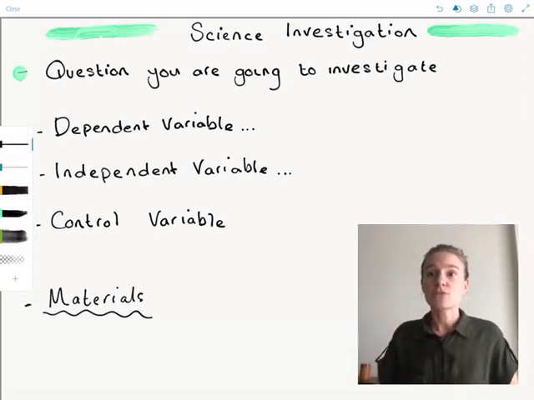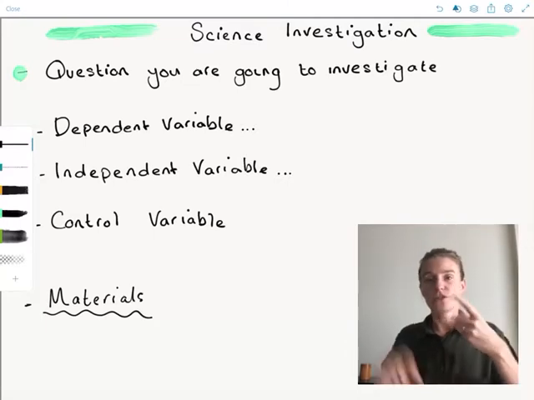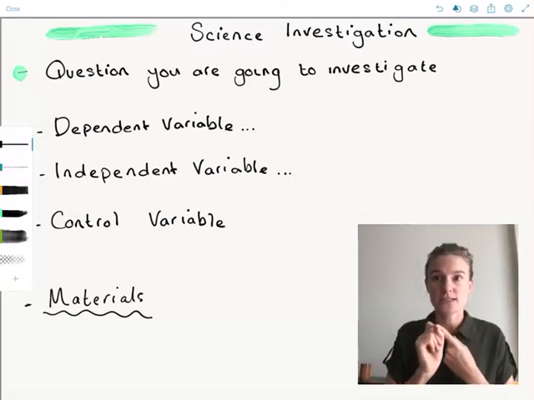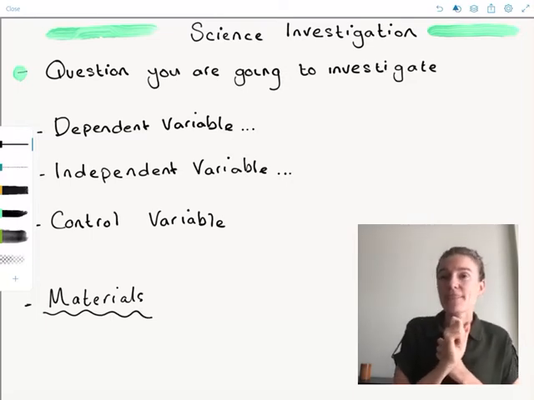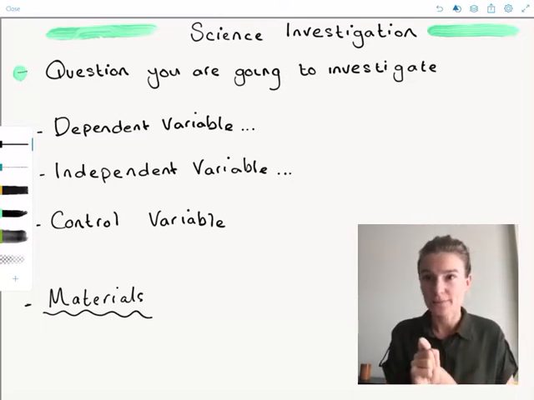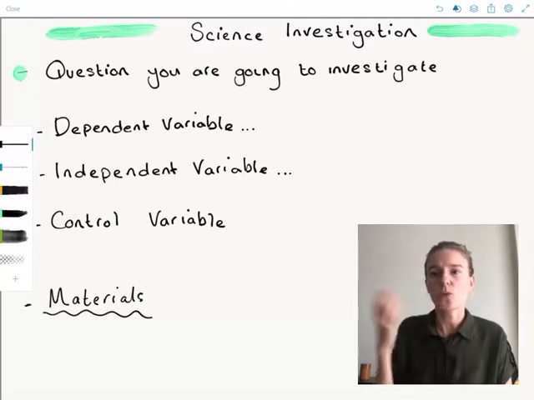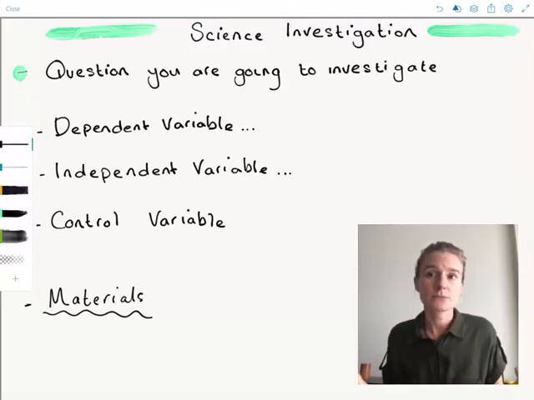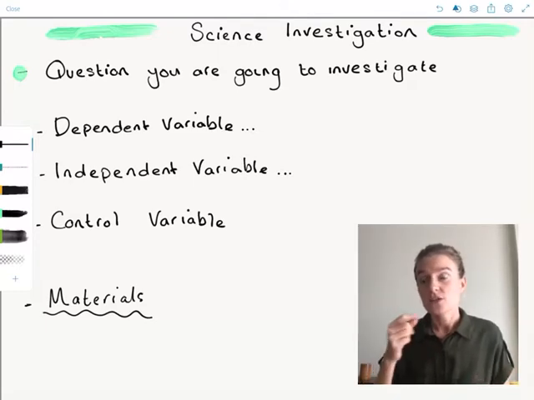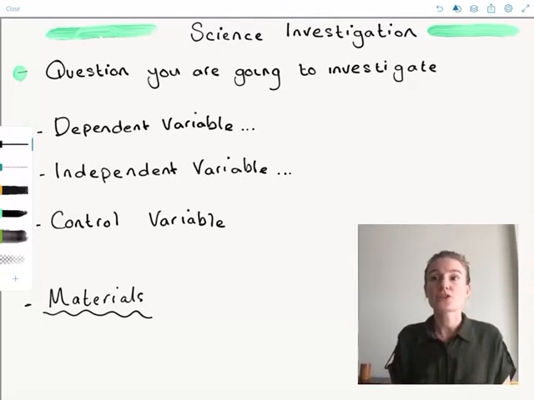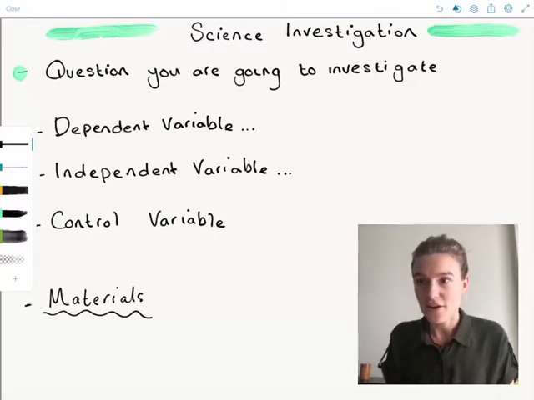Underneath that, you need to write down the three variables. So you've got the dependent variable as the first thing. A dependent variable is the thing that we are going to be changing. So the variable that we are changing, what are we changing, girls? We're changing what? The length of the wire, okay? So our dependent variable is going to be the different length of wire that we're using. The independent variable that we're using is